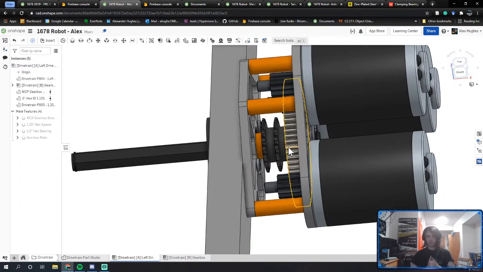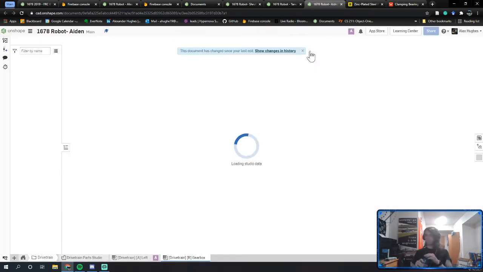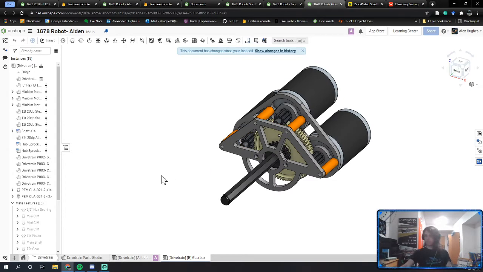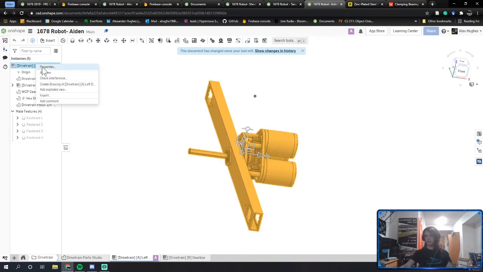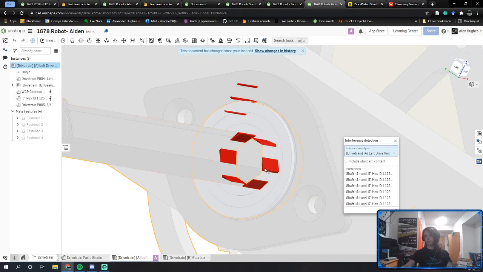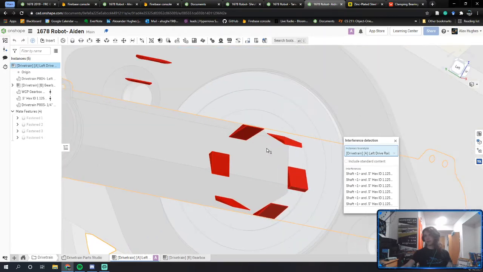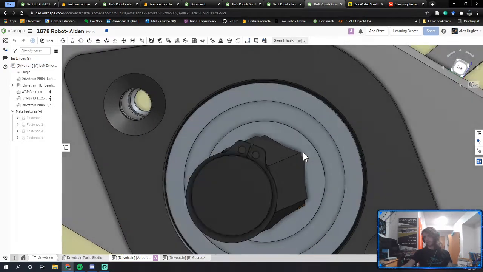Questions? I think I have an interference on my hex bearing on the rail. I might have just, let me check, probably the circle that I clicked. So let me interference check. So you're talking about these? Yeah. So that looks like it's caused by, and this is one of the many annoyances I have with